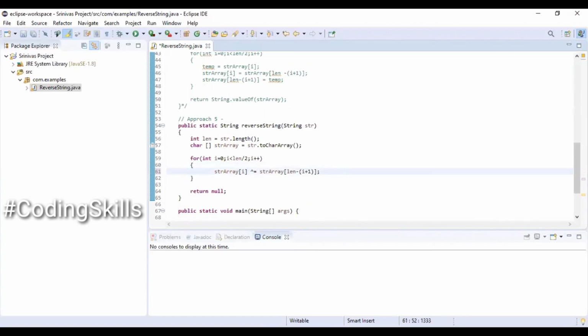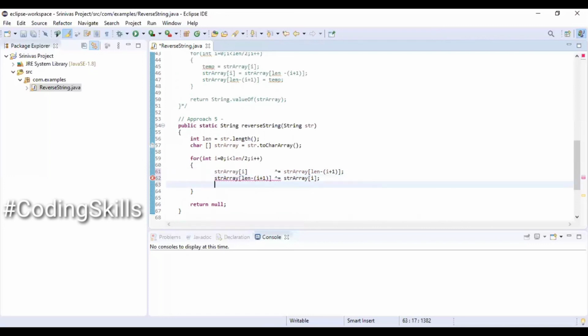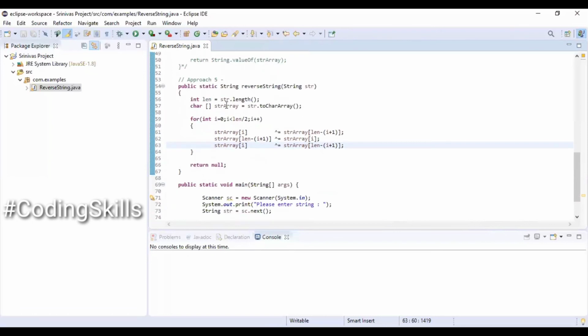So strArray of length minus i plus 1 exclusive OR operator, strArray of i. Again strArray of i equal to exclusive OR operator, strArray of length minus i plus 1. So without using a third variable, we are swapping here.